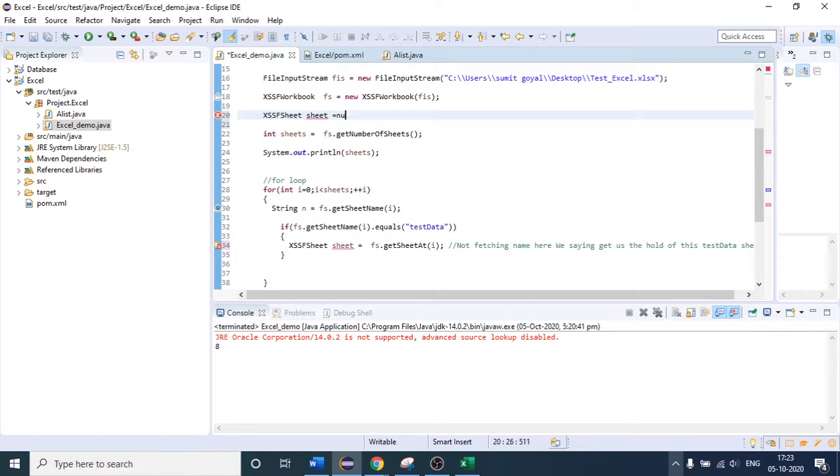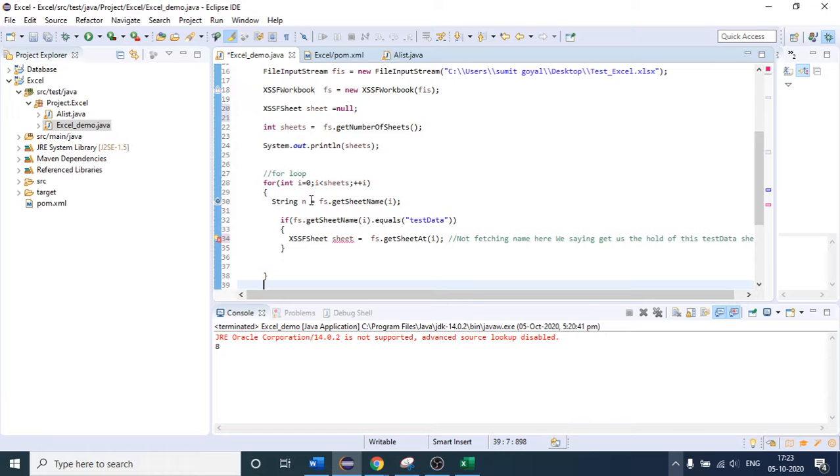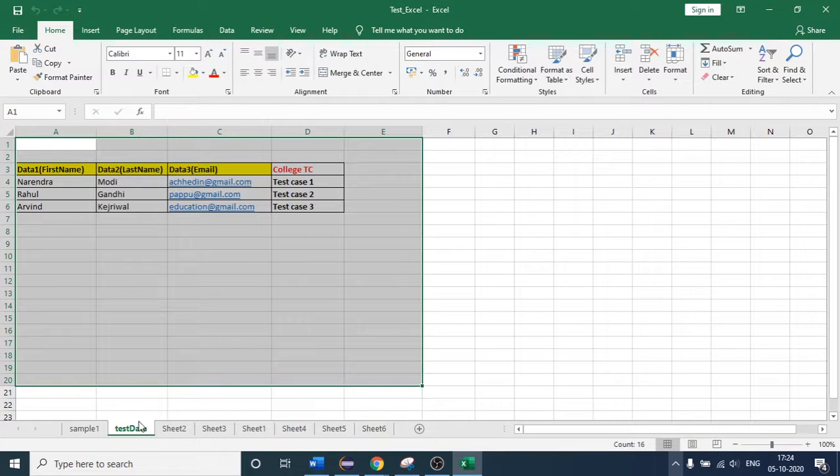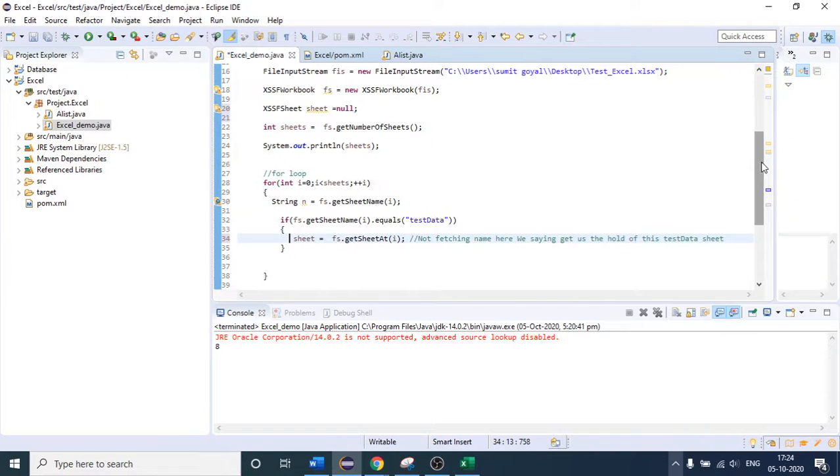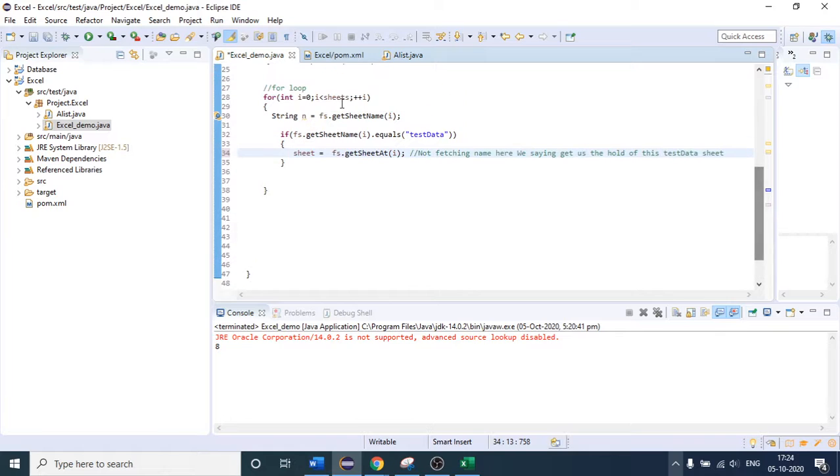As of now, we do not have any sheet here, so I'm saying None. After that, when we get the required sheet, we will assign it to this variable. Now we are going to perform an operation on the sheet, which is to fetch the data. So how can we do that? We came out of the for loop, so I will write from here, because the for loop terminates here. After that, we will write our next code.